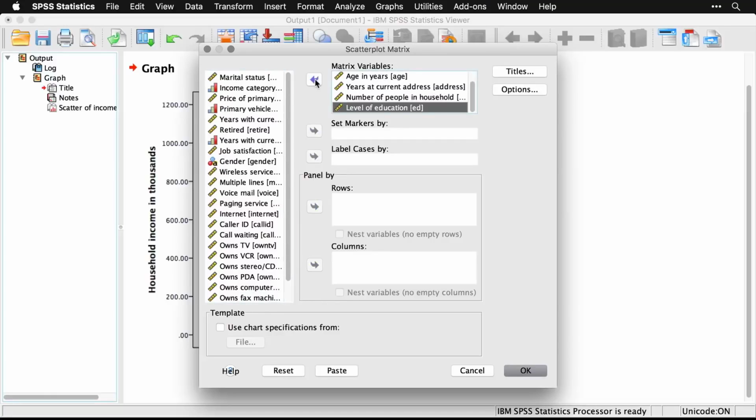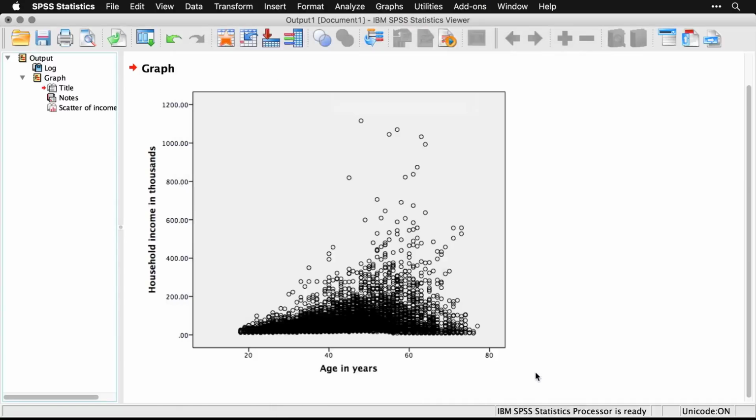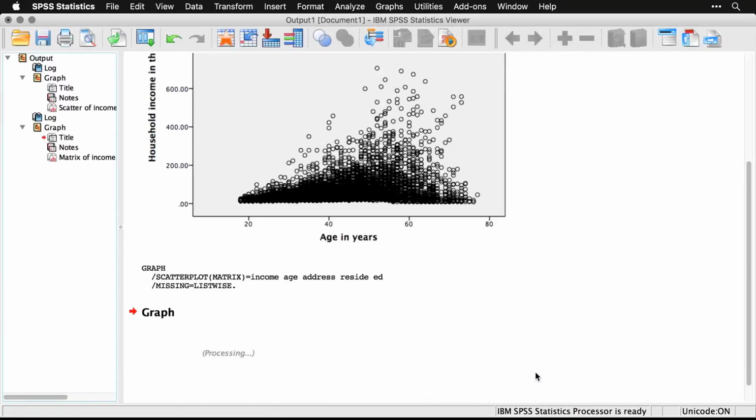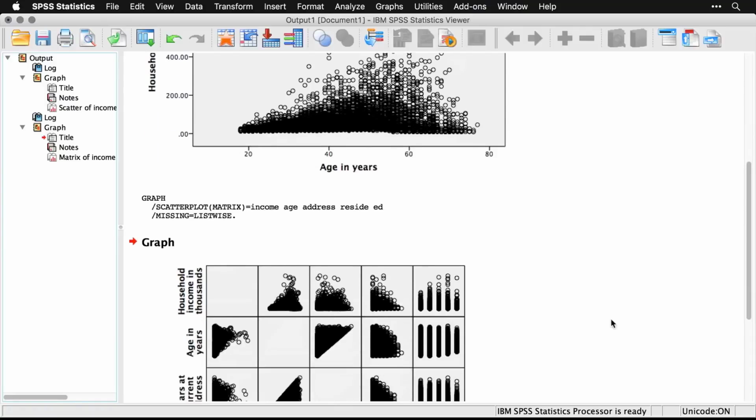There's nothing especially meaningful about these. They're just ones that I thought would be easy to look at. Now, as a general recommendation, if you do have one variable that is an outcome variable, you might want to put that one in first. That puts it in the first column in the first row, and it makes it easier to find it when you're looking at your analyses. But I've got my 5 variables in there, and I just come and press OK. Takes a moment,